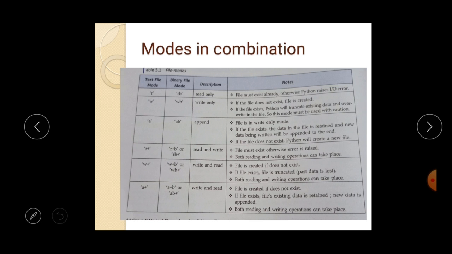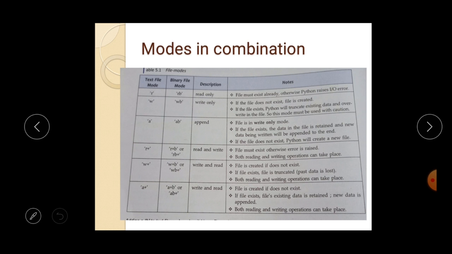So these three modes we had already discussed in the previous slides, and there are three new modes, that is R plus, W plus and A plus. R plus means R is written, so the dominating characteristic will be of the reading mode, and the file is available for the reading mode and the writing mode also.